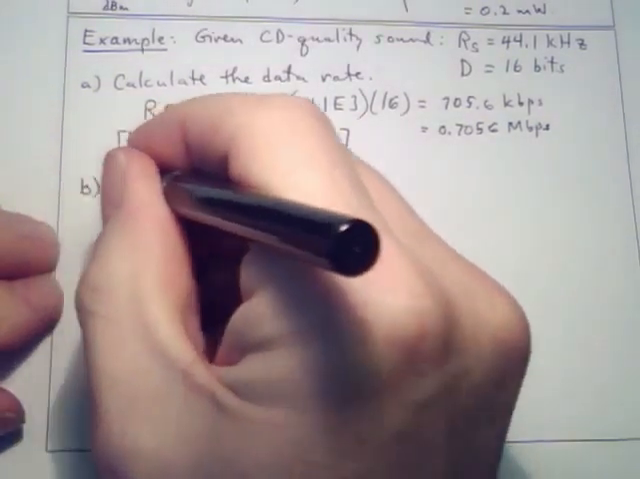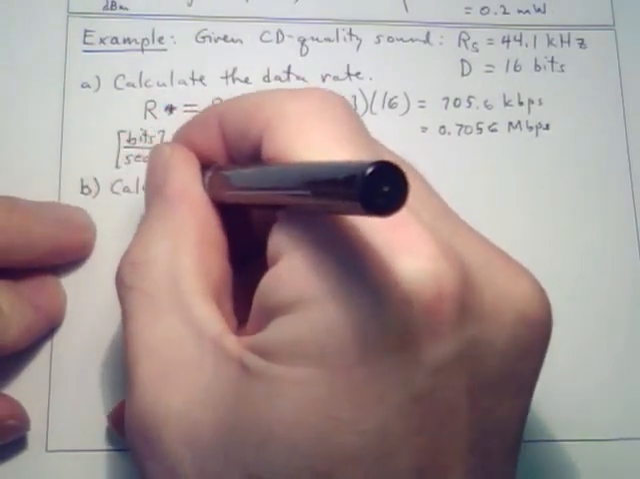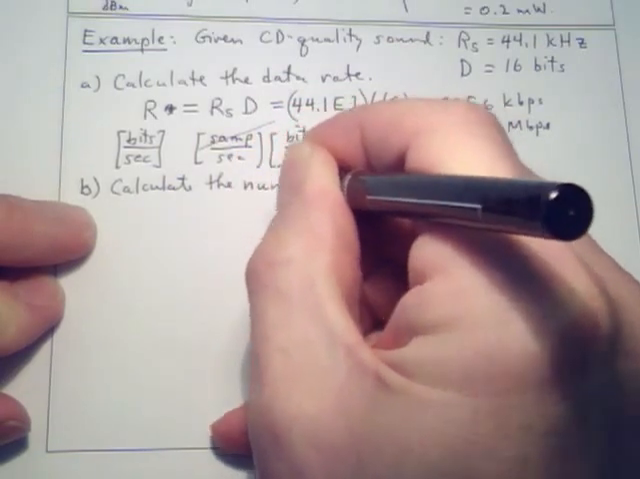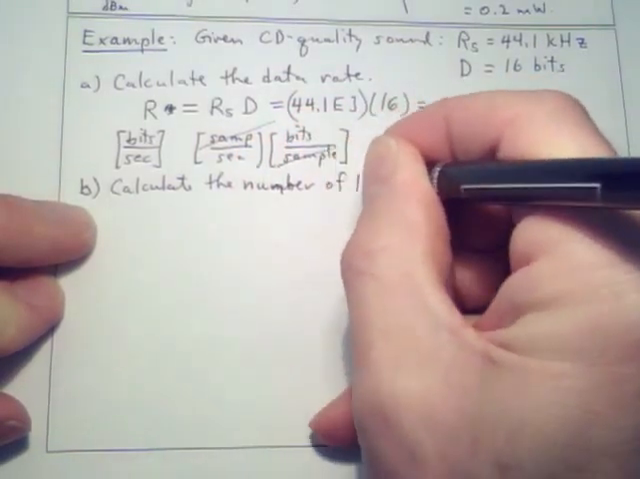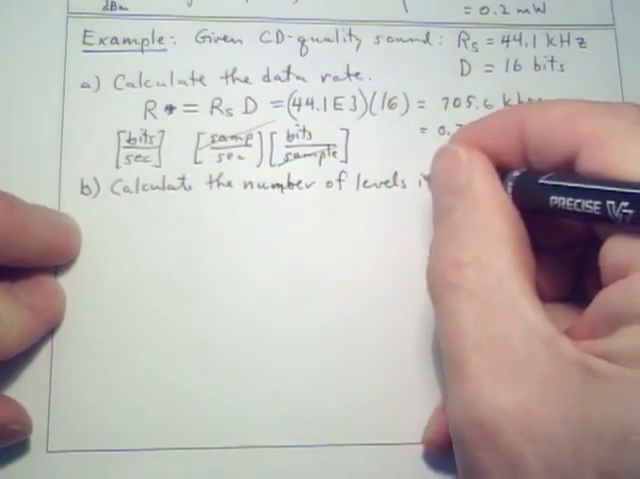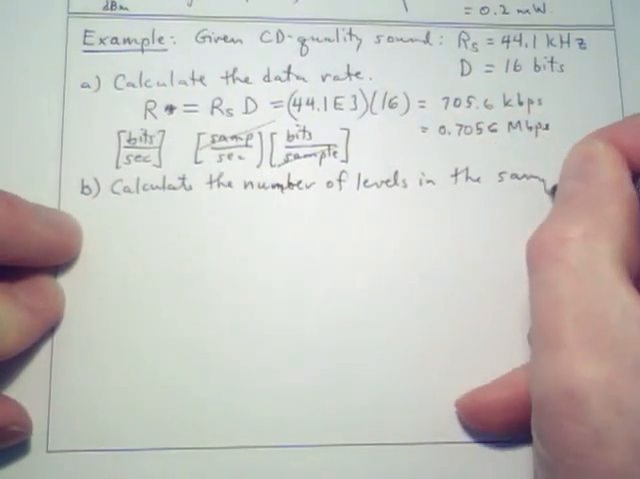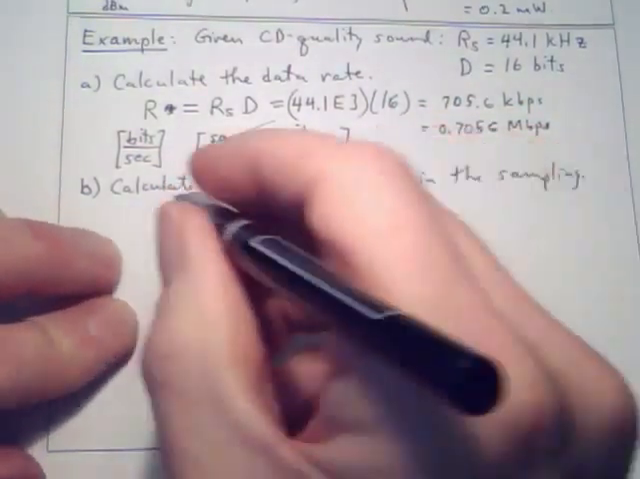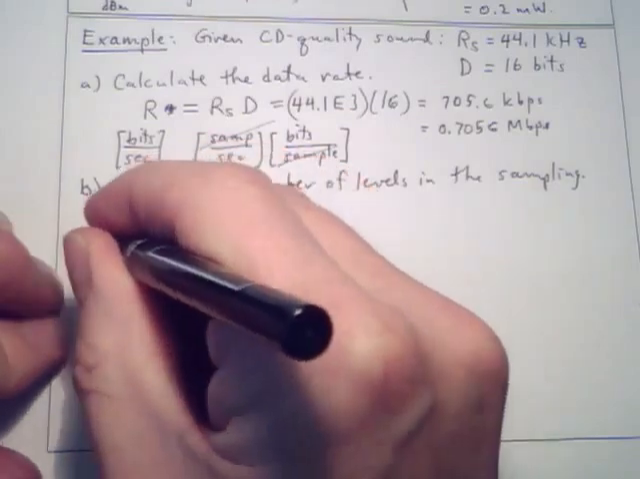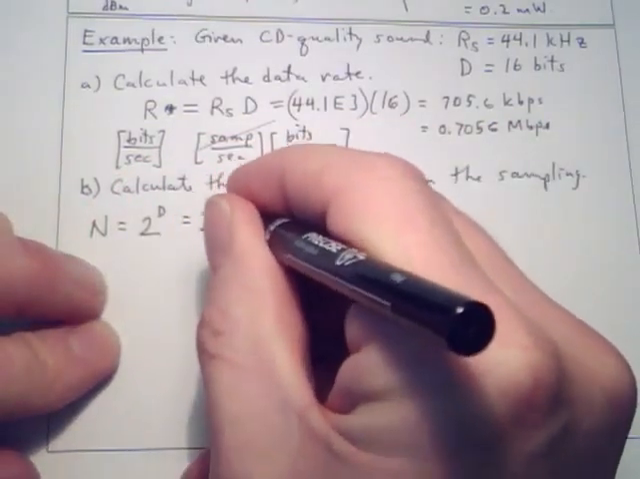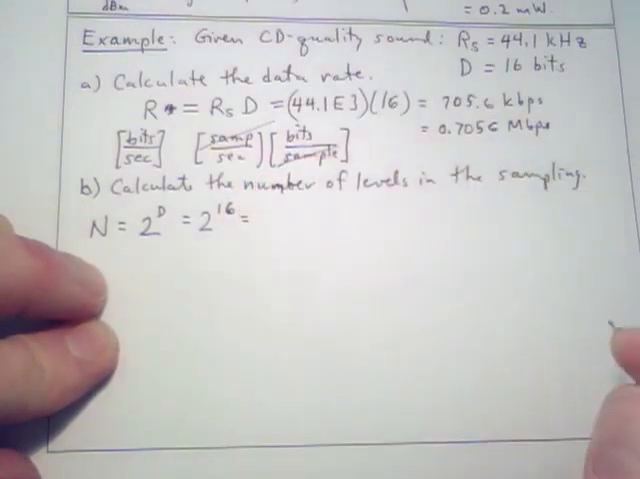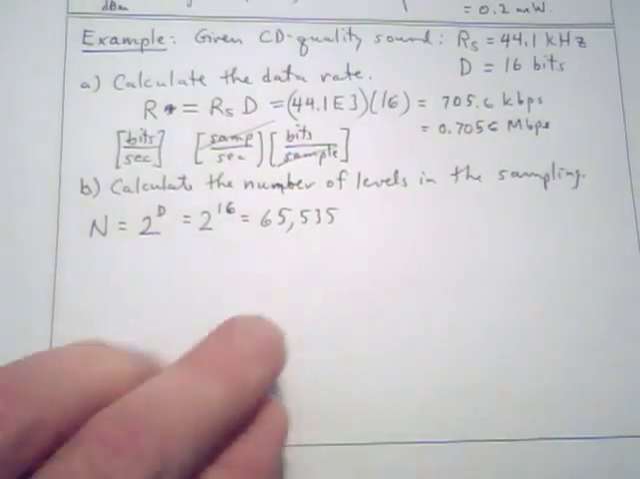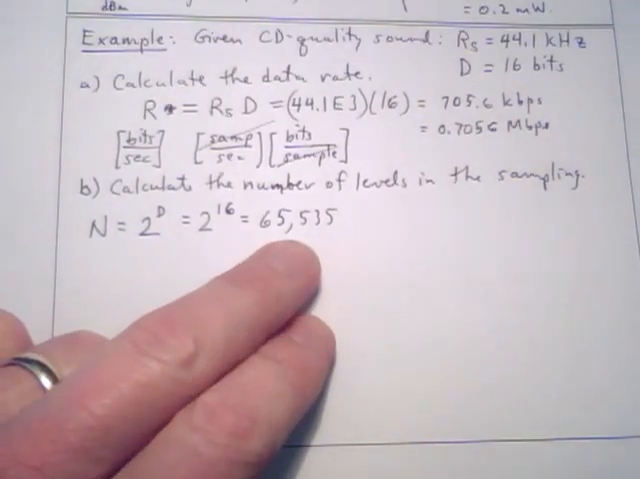For part B, calculate the number of levels in the samples, and that is simply 2 to the D, and that's 2 to the 16th, or 65,536 different possible volume levels for each sample. Okay,